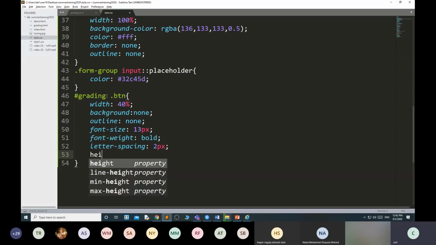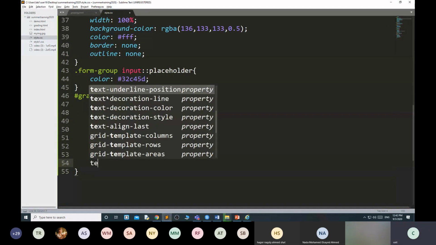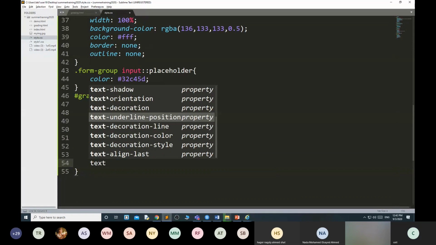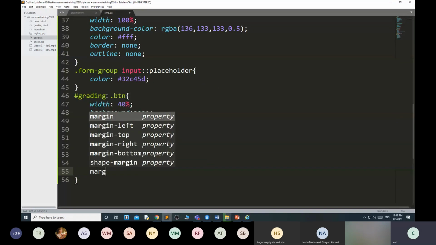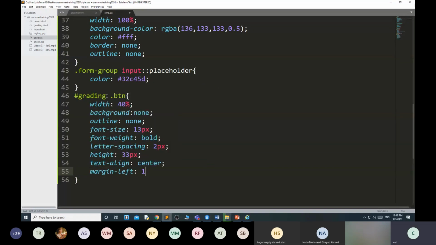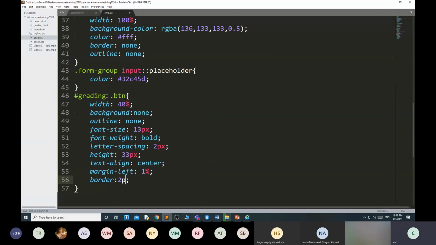Then height 33 pixel. Then text align center. Then margin left 1%. Then border, I need a border here. Border of 2 pixel width, solid, and the border color is white.